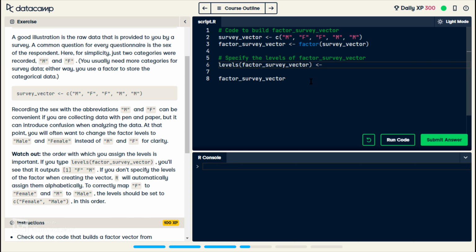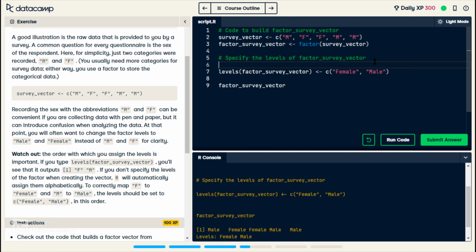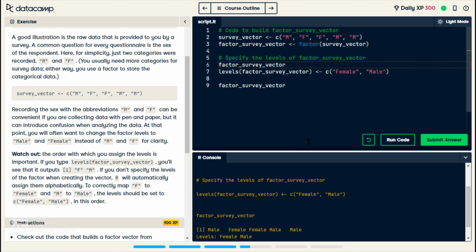So the way we're going to do this is combine, and we're going to type female, and male. Now, one thing that they said, if you go on what I just made on line 6, and you type out factor survey vector to print it and run this,